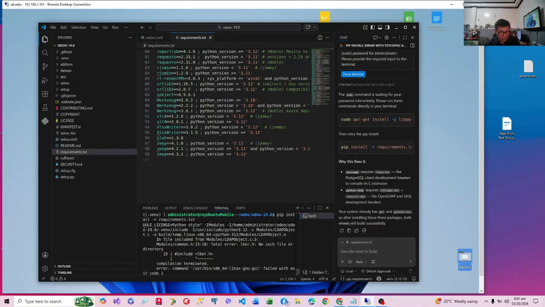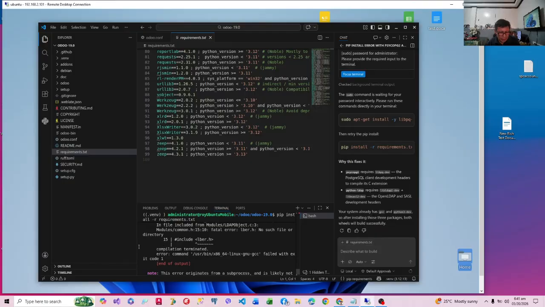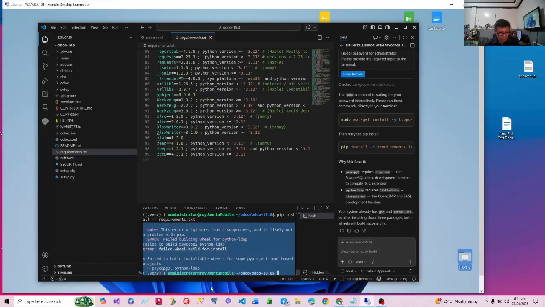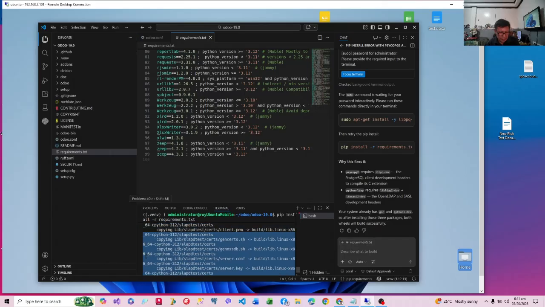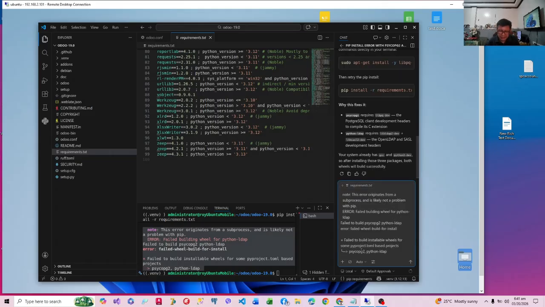We don't have to copy everything, and we don't have to even restate our prompt. We just have to paste it there. Okay, it already understands that it's another error.